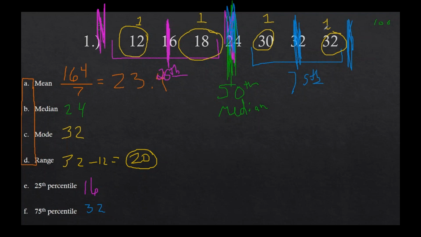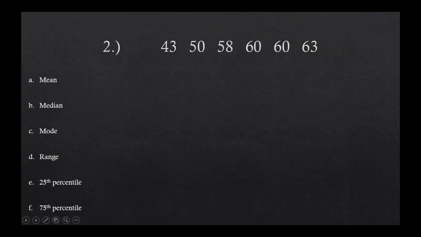Okay, it's a very colorful page right there. And this is the one thing that people tend to find takes a little bit longer because it's probably not something that you've done. So in this next example, we're not going to do the mean, the mode, and the range. We're just going to do the median, the 25th, and the 75th percentile. So again, they're in order least to greatest. You're welcome. What is the median of this data set?